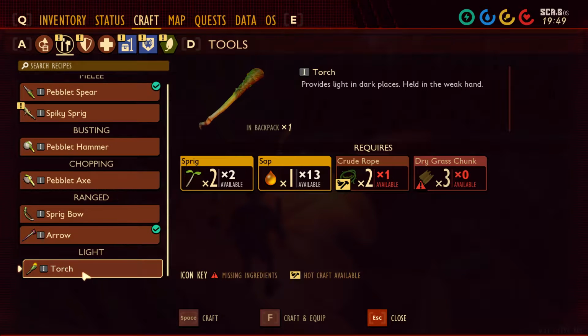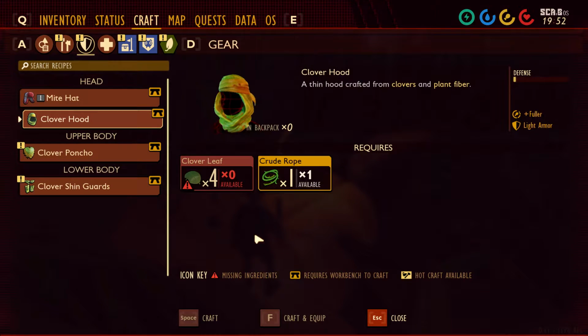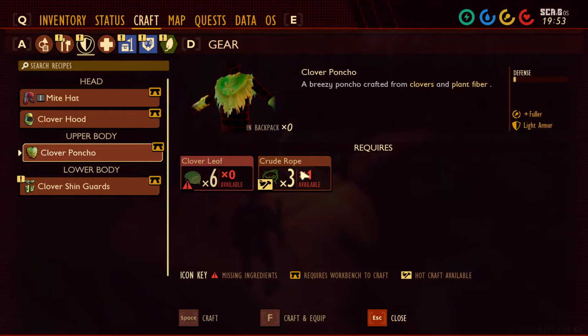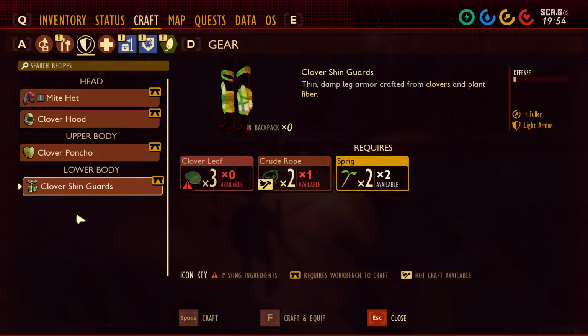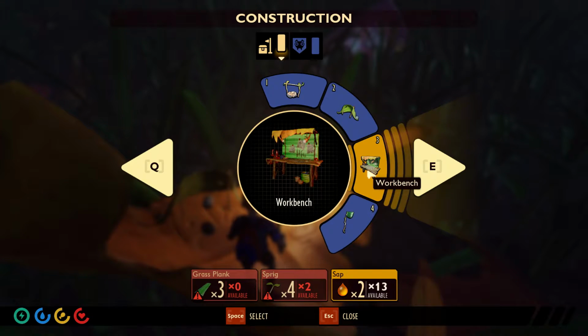To make this first armor, I've got to have clover leaves, and that stuff. Pretty easy. And to make that, if you look up here, you can see it's got this. That means you need a bench. And for me to make a bench, I need these things, which I've got, but I'm not trying to go